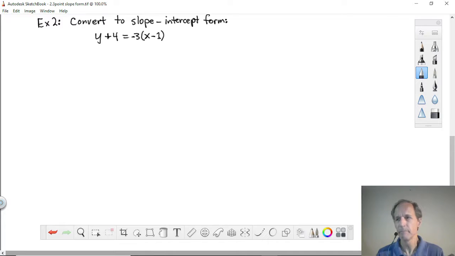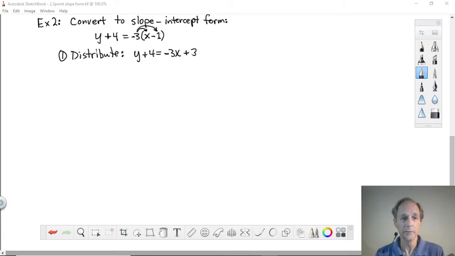The first step is to distribute. Okay, and so we have that here. All we did was go ahead and distribute -3 times x and -3 times -1. So it becomes -3x plus 3. Okay, the next thing we're going to do